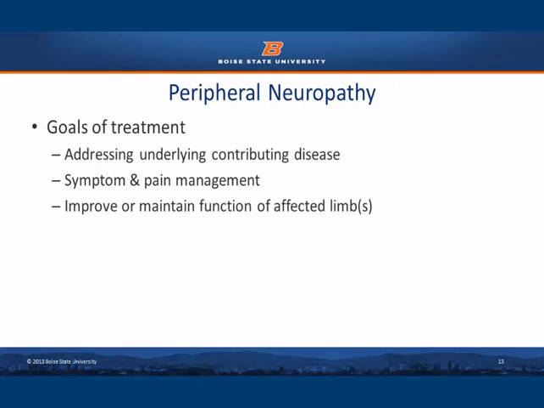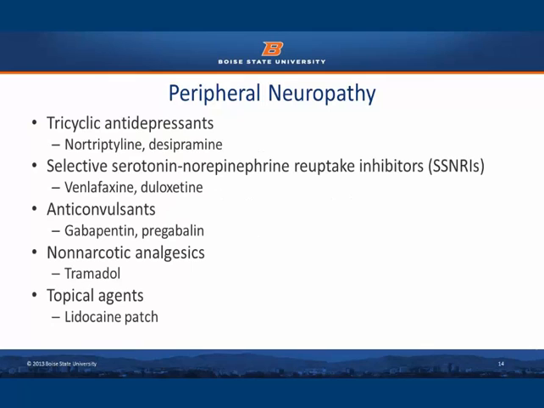Peripheral neuropathy. Obviously, the primary aim when treating peripheral neuropathy is to address the underlying disease. For example, if diabetes is contributing to the neuropathy, then improve blood sugar control if possible. If vascular insufficiency is contributing, then address that. Many of the diseases known to contribute to peripheral neuropathy may be improved by lifestyle changes such as smoking cessation or weight loss. These are the medications typically utilized to relieve neuropathic discomfort. Opioids should only be utilized if pain is unresponsive to non-opioid medications.